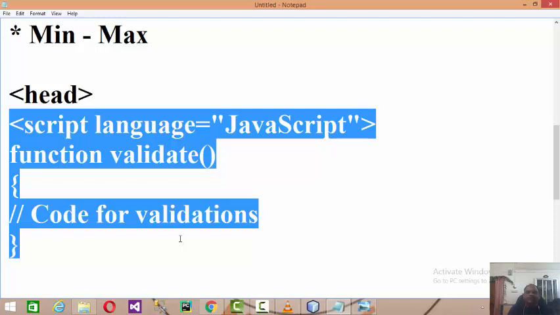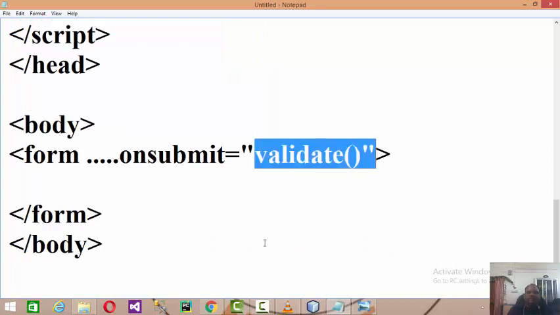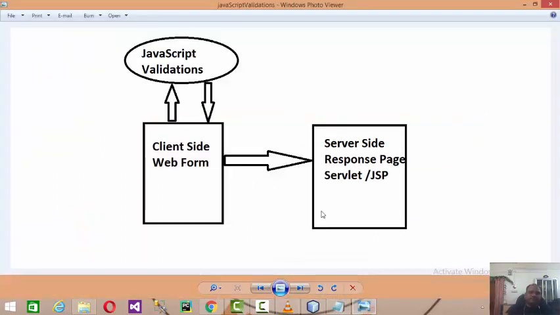I will build the functions for all these steps, and before posting the data to the server, I will call all those functions, validate all the data, and only validated data will be posted to the server. Referring to this image, you can understand that up till now we were not performing any validations; by clicking on the submit button, we read the data and posted it directly to the server.